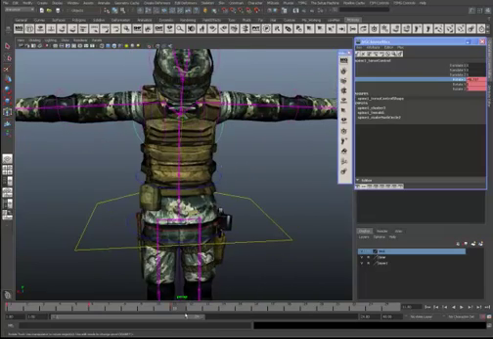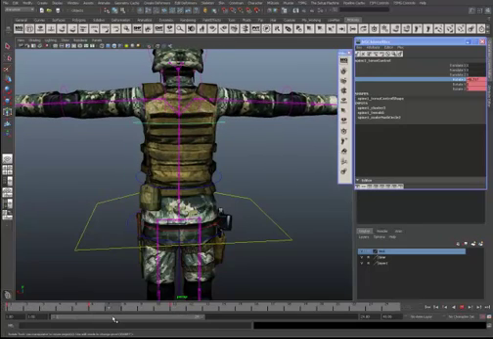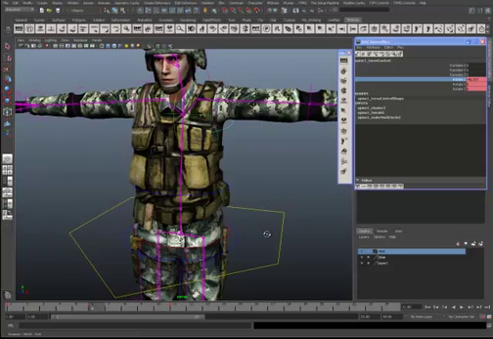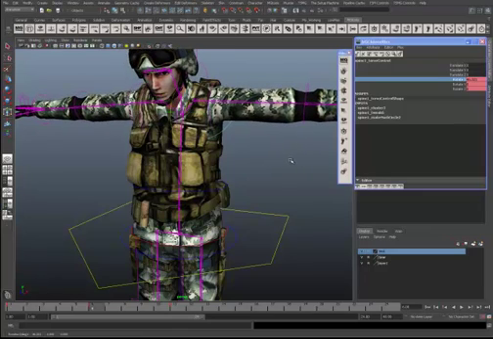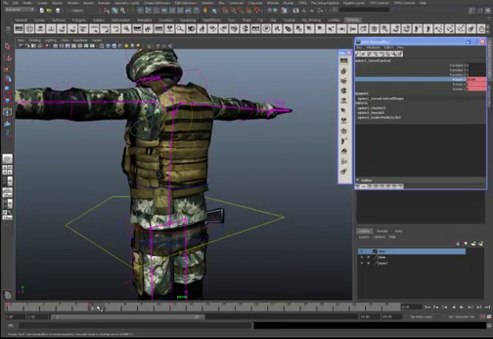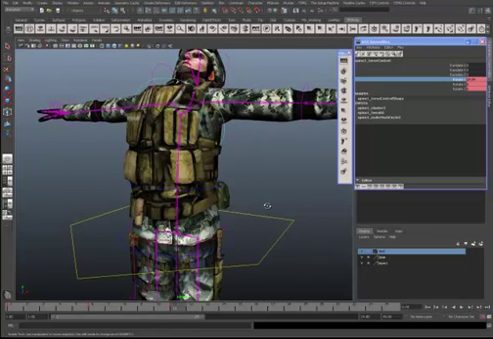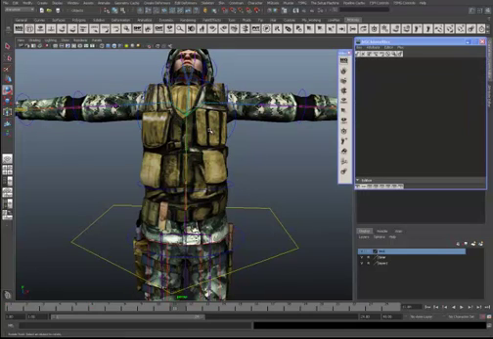We'll look at the back and we'll scroll through our keys and see what that's doing. Okay, back doesn't look too bad. Let's rotate X just a little bit more. Yep, back doesn't look bad at all. So rotate to back there. So now what we want to do is, now that we've got movement on the rig,